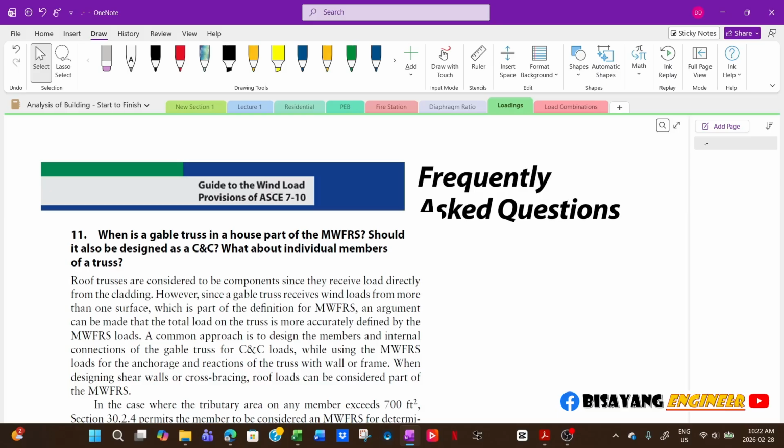This is a separate guide, more of a commentary or additional support for the ASCE 7 itself, like the minimum